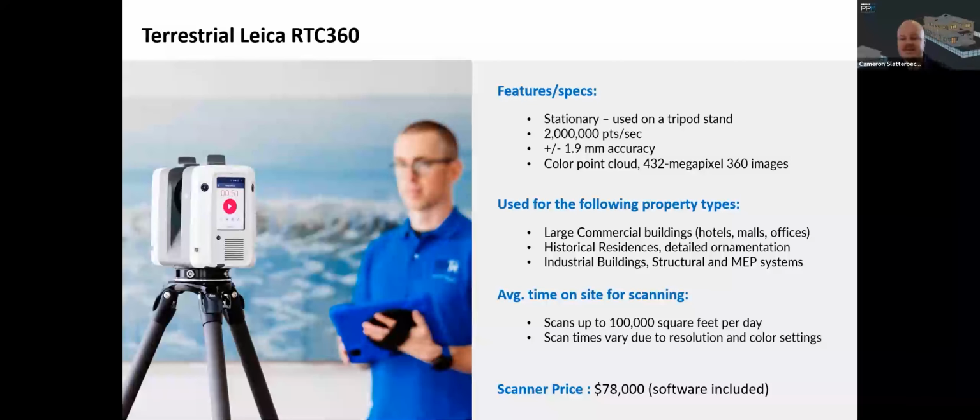The RTC 360 is extremely precise and gathers so much data that point cloud files can sometimes be over 500 gigs. So huge, huge files. Whether we use the onboard camera to make a color point cloud or not, we always get very, very dense, very accurate data that allows us to draft and model ornamental detail, pipe valves, and other intricate details with high